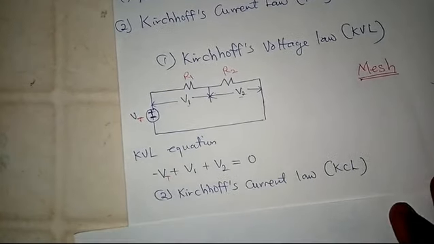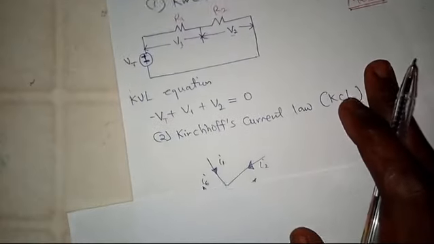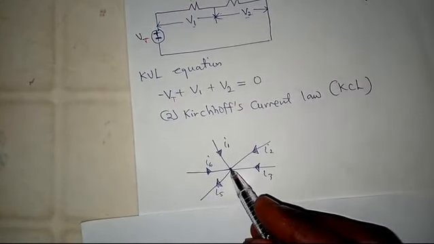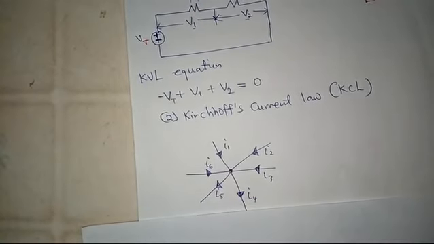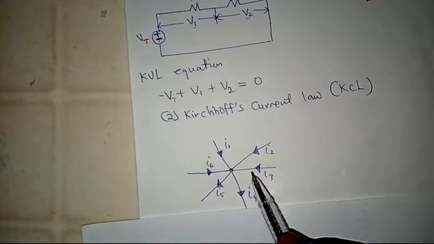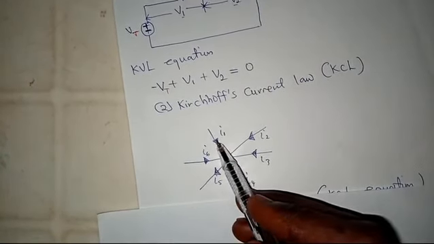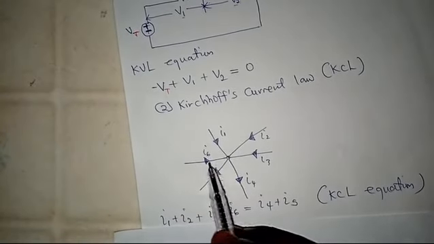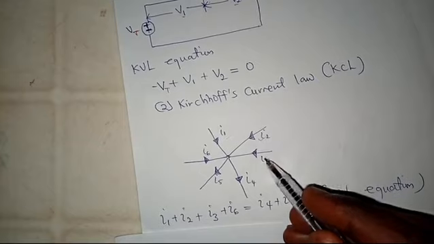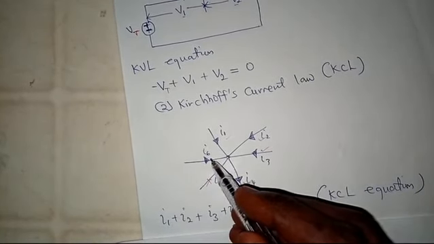is equal to 0. Kirchhoff's current law states that the algebraic sum of currents going into the node, remember this is a node where two or more components in the circuit meet, is equal to the algebraic sum of currents going out of the node. As you can see from this, the direction of flow of current is given as this. I1 is going in, I2 is going in, I3 is going in, I5 is going out, I6 is going in,